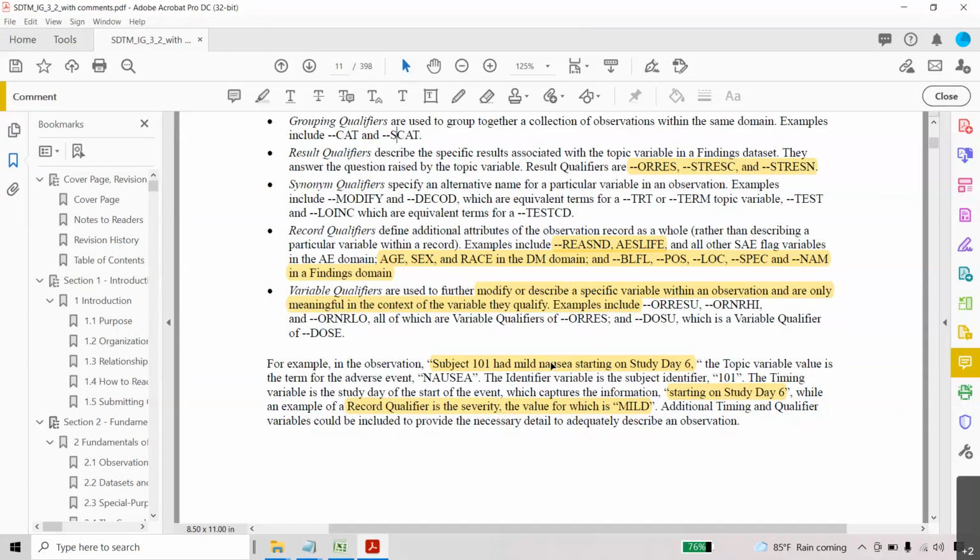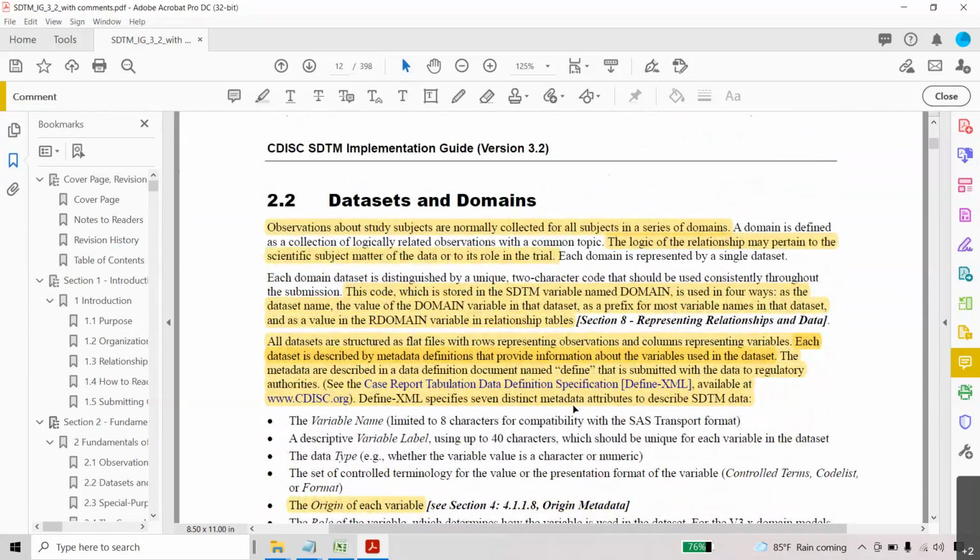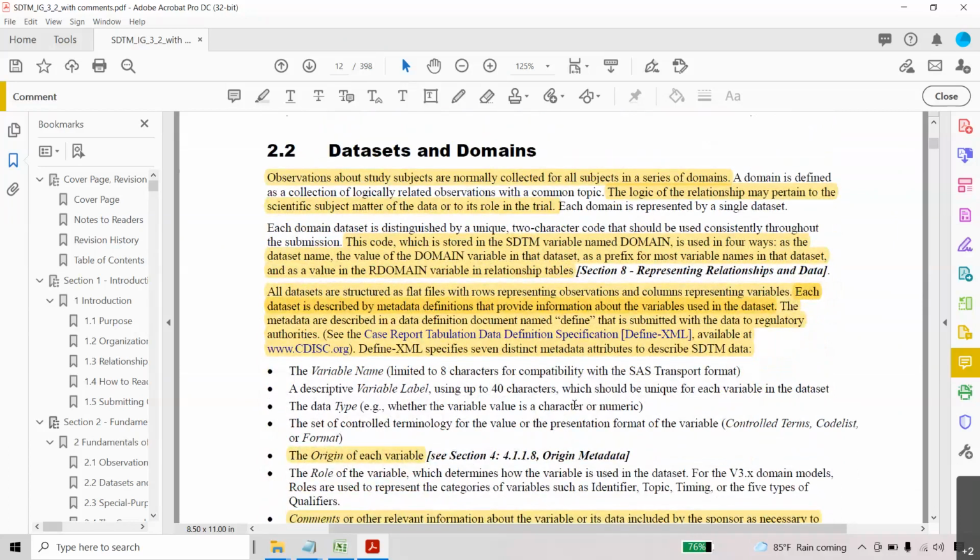So when you work on the data, don't work on only a single domain. When you refer to or check other domains, you better understand how the data has been linked or transferred from one domain to another. It will be very easy for you.